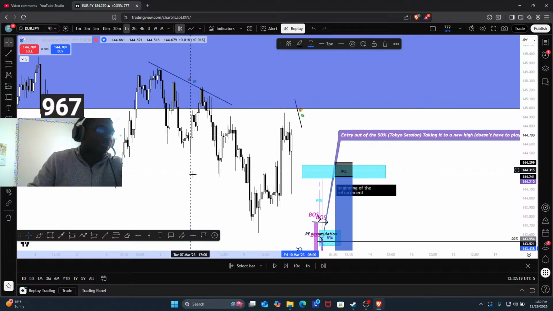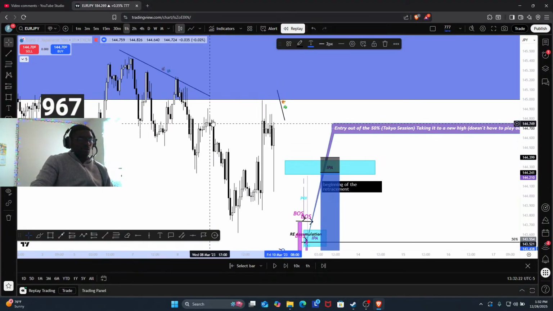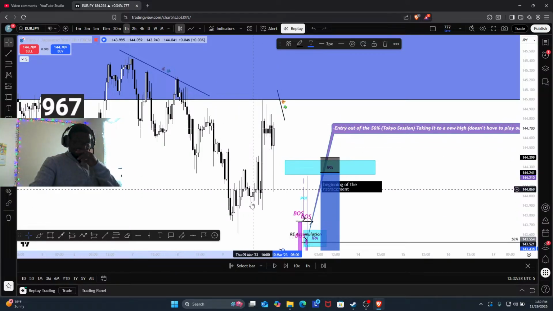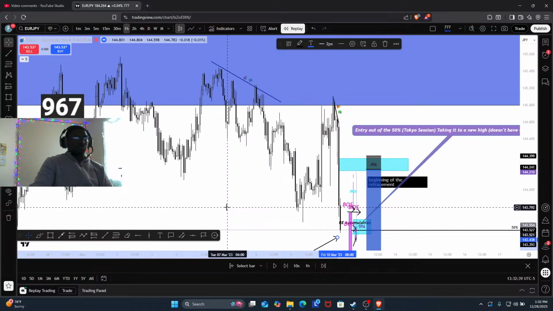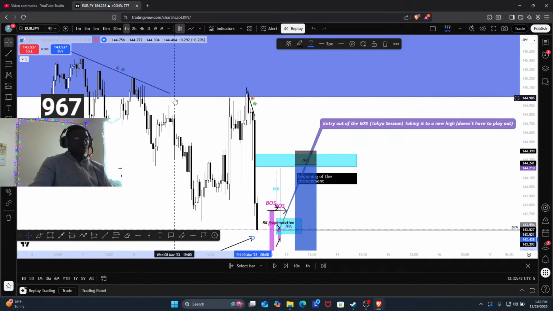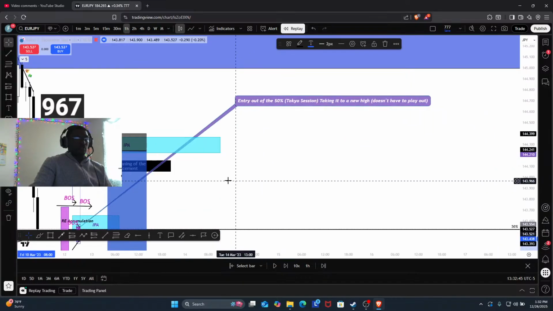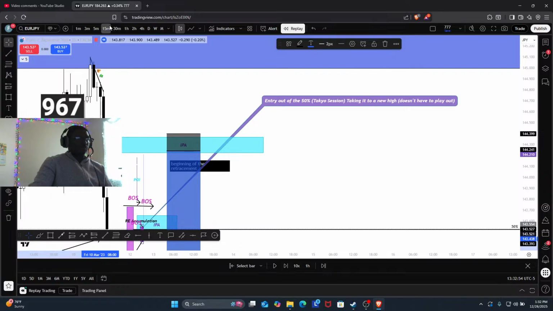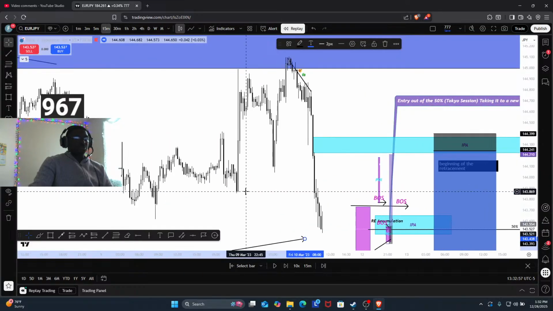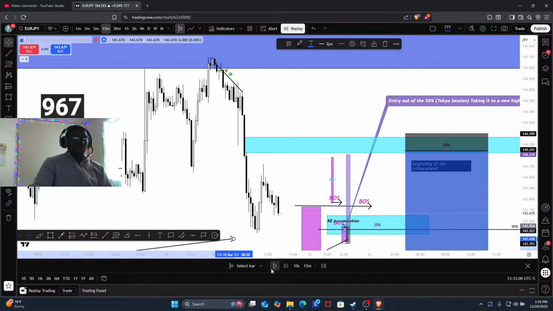Higher. Okay, so low, high, low, break. So now it's bullish, but I'm still waiting. At this point, boom. What happened there? Well, price decides to break structure, low, high, boom, boom, boom. Okay. So now it's a waiting game.